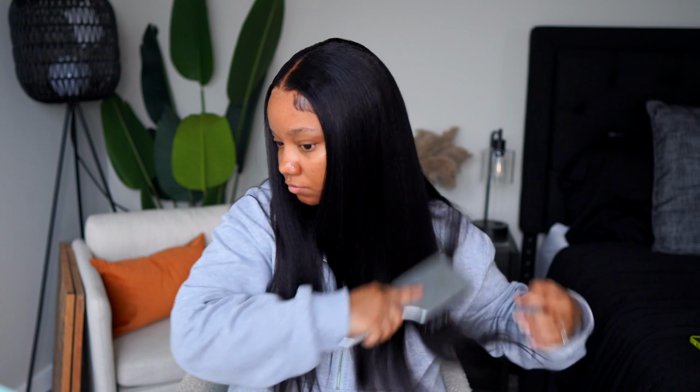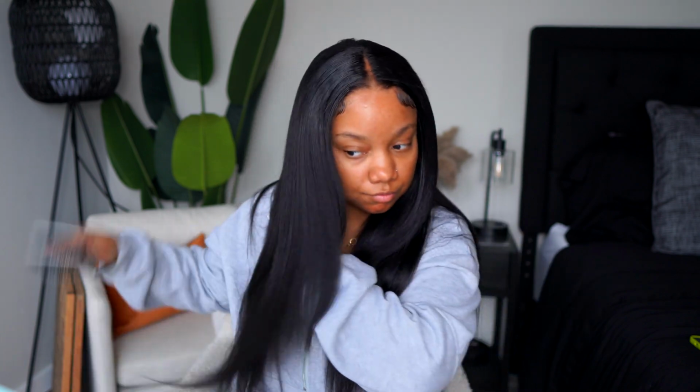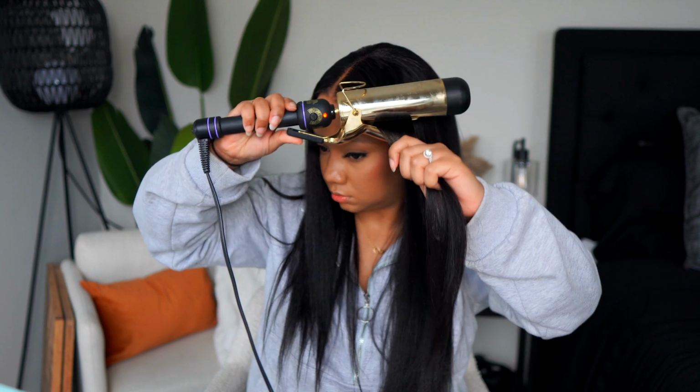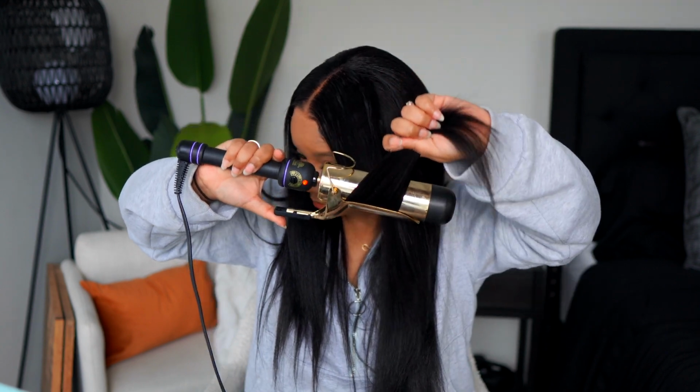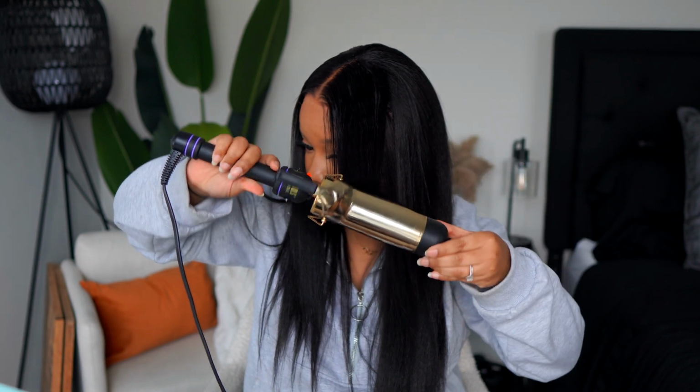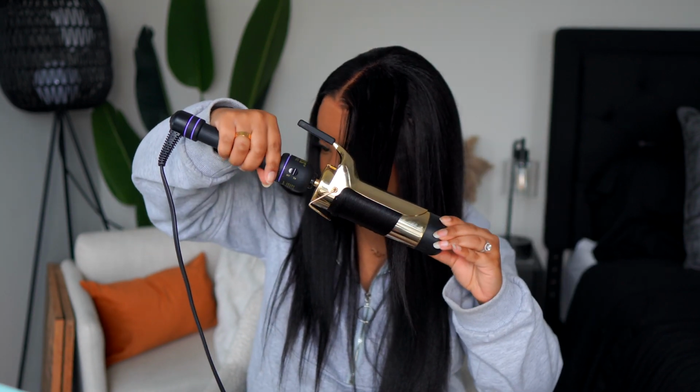So every part of me wanted to leave my hair like this because we were getting ready to go out, but I was like, you know what? I'm gonna add a little bit of curl. I'm actually gonna use my really big curling iron that I have been using in the past couple of my videos. I have yet to use it on kinky straight hair on this texture, so I was like, let's go for it. And y'all, I'm being completely honest, you guys will see it end up being a complete